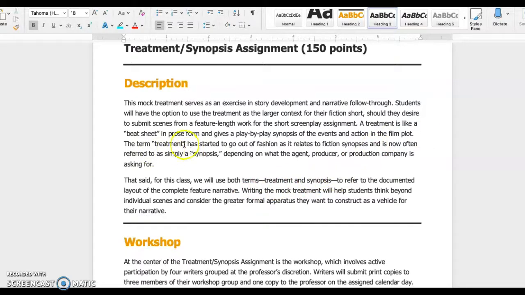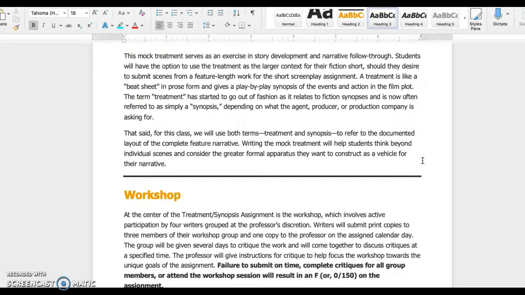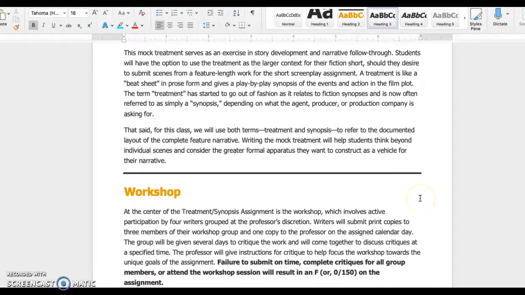A treatment is like a beat sheet in prose form and gives a play-by-play synopsis of the events and action in the film plot. The term treatment has started to go out of fashion as it relates to fiction synopses and is now often referred to as a synopsis, depending on what the agent, producer, or production company is asking for. That said, for this class, we'll use both terms to refer to the documented layout of the complete feature narrative. Writing the mock treatment will help students think beyond individual scenes and consider greater formal apparatus when they want to construct